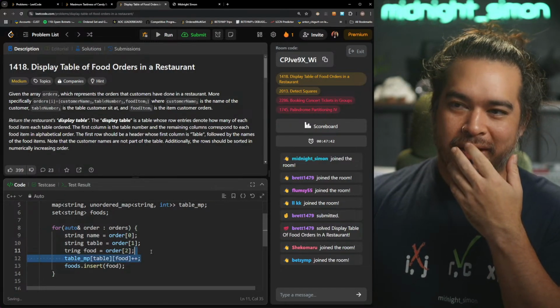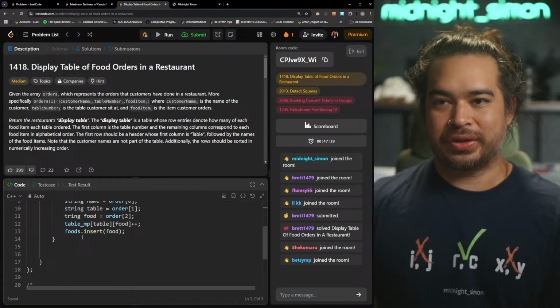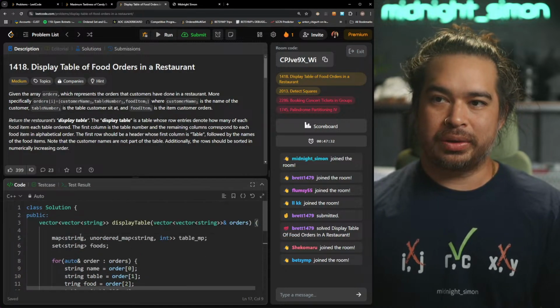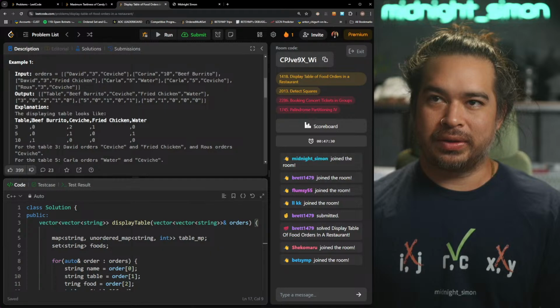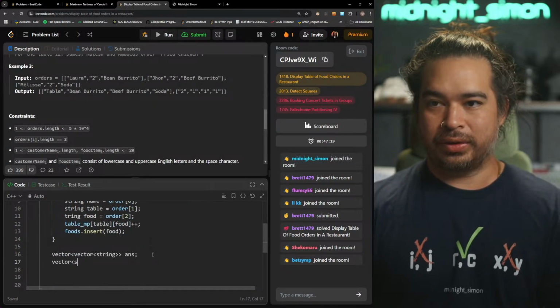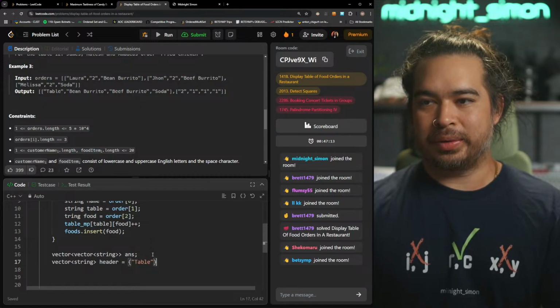All right, so I think now I gotta build up the answer vector string. So now what I'd want to do is create the heading. So vector string header. I guess we can start with table, right?